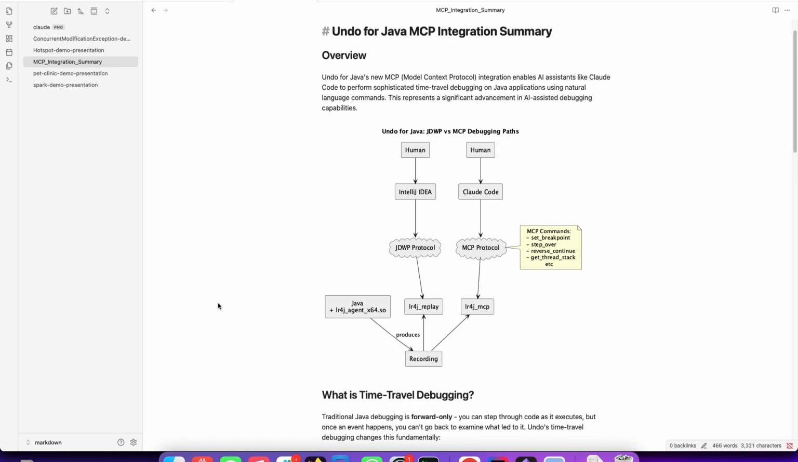Go to some new technology that we're producing, which allows AI agents like Claude Code to interact with time travel debugging with Java and using undo technology. So what we've done is, whereas traditionally you'd use IntelliJ to talk JDWP to a time travel recording, what we're doing